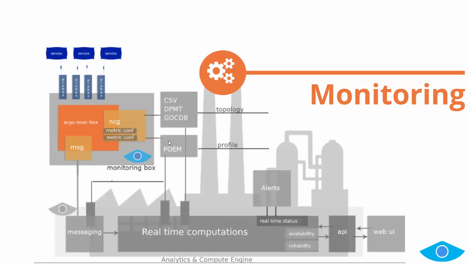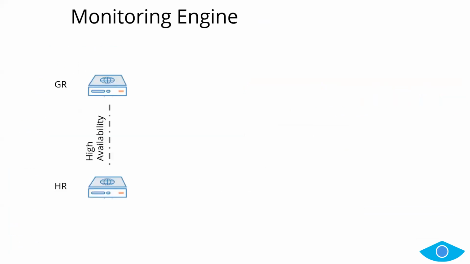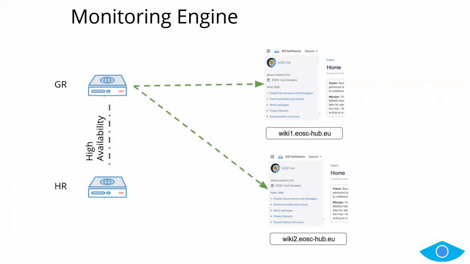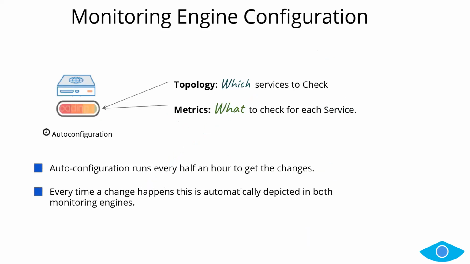Monitoring, this is a backend story. I won't go into too many details. So there are two instances. This is basically Nagios in the backend. And these two instances are completely the same. It's just that one is sitting in Greece, one is sitting in Croatia, which is the requirement. So this picks up the changes from the topology, from the metric and all the other components, and spits out the Nagios configuration and kicks Nagios to start monitoring new stuff or removes the old stuff.